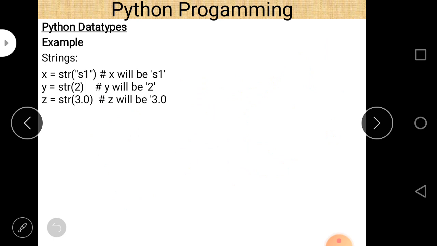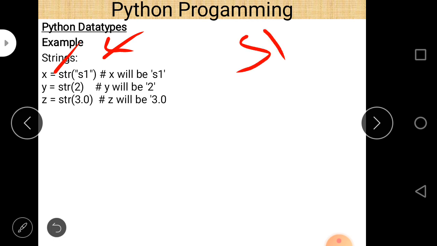Next, Python data types. Again, for string, if we pass a string and write str, then no problem at all, it is also a string. And when we pass str, then it explicitly converts this into a string, so s1 is the answer.